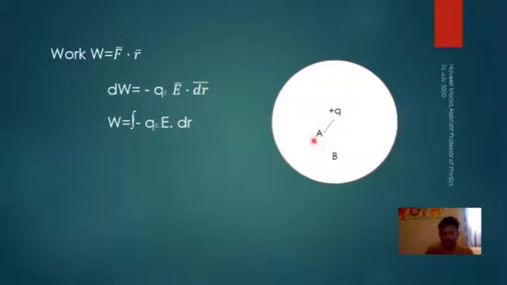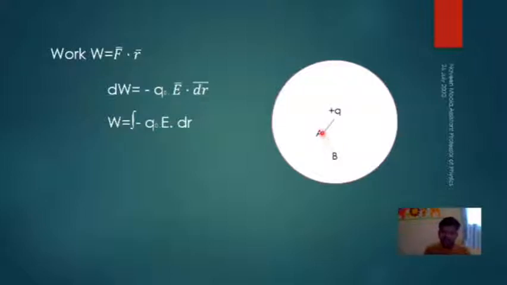So what I did is, I considered a small length element from A to B, that is dr. To move Q naught by that small infinitesimal element, I found the work done dW. dW is the small work element to move Q naught by a distance dr, equal to Q naught E multiplied by dr. Why is the negative sign coming? Because suppose here is plus Q, and we are moving plus Q naught in the field of plus Q. Here it is repelling plus Q naught, but against that force, we need to move it from A to B. Against the force established by the already existing field, we need to move that charge.